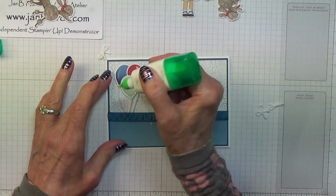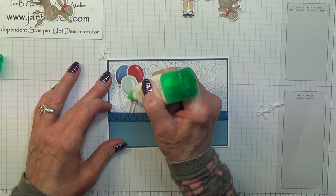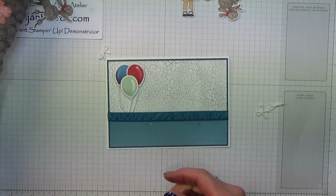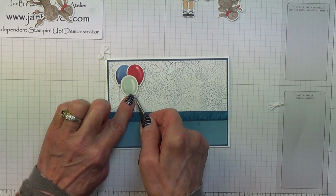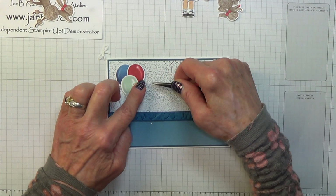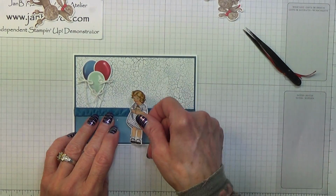Oh no, I need to put my bows on now. So tiny dot of Tombow on there, there, there. You may prefer to use glue dots on that bit. So there's 1, 2, 3. Now for the little girl, I'll start her off first,